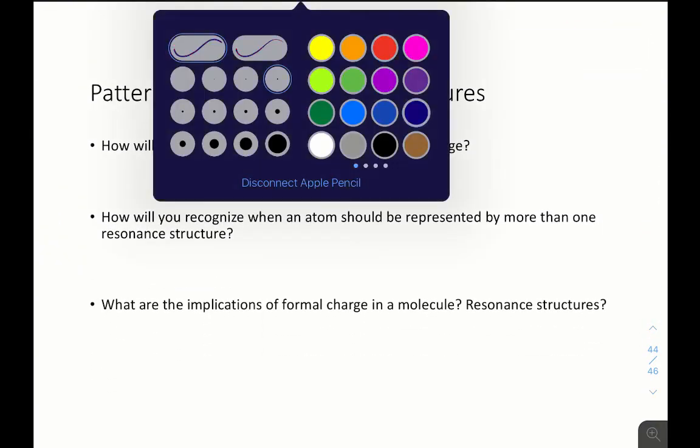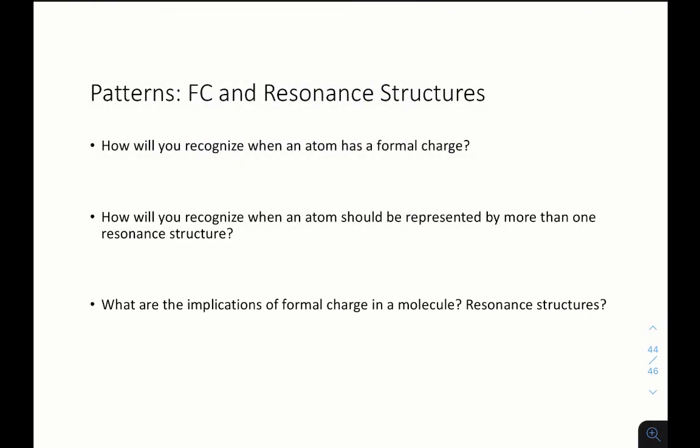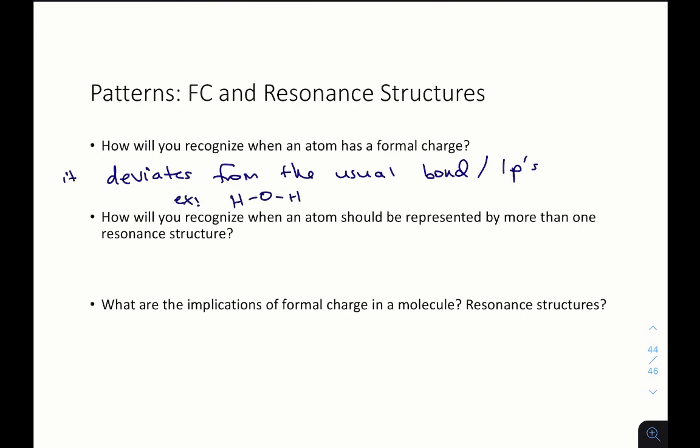So how will you recognize when an atom has a formal charge? It will deviate from the usual number of bonds and lone pairs that it makes based on the number of valence electrons that the neutral atom has. So that table we made like a million minutes ago. For example, oxygen usually makes 2 bonds and has 2 lone pairs, but in hydroxide and in hydronium, oxygen is not doing that. It has fewer or more lone pairs than usual,